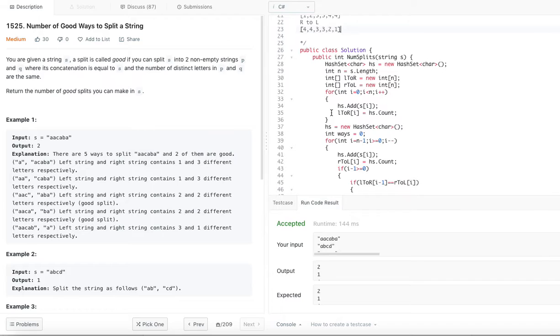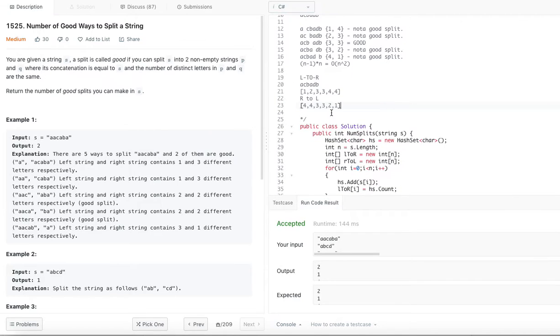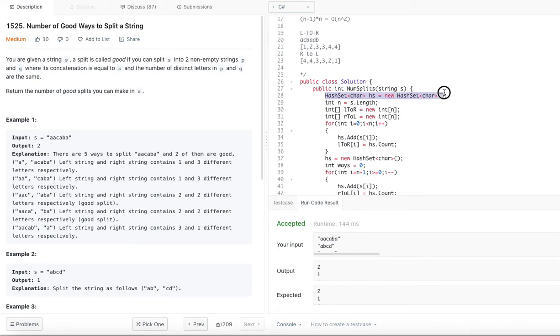Since I have to keep track of the distinct characters, how can I keep the count of distinct characters? I will be using a hash set. So I declared a hash set of characters, and let n be the string's length. We have two arrays, one for left to right and one for right to left.